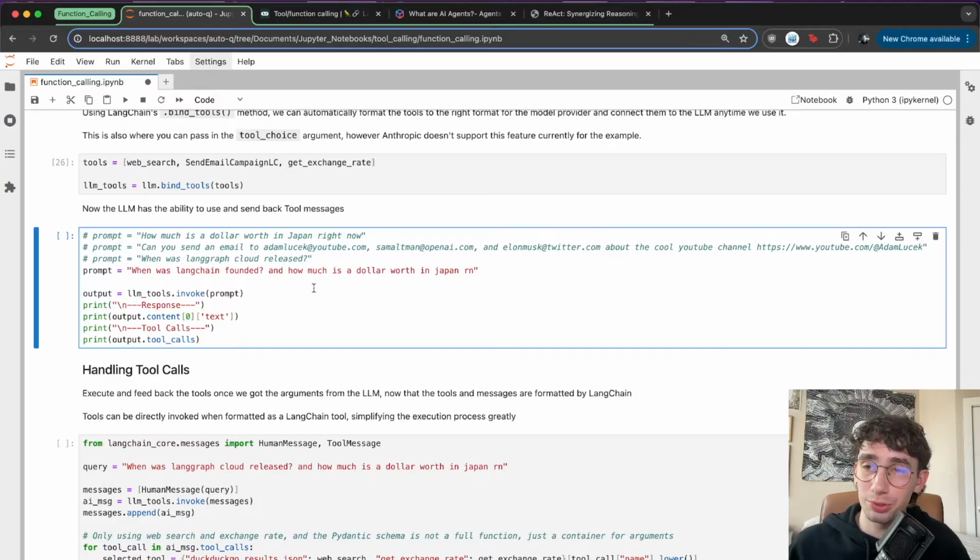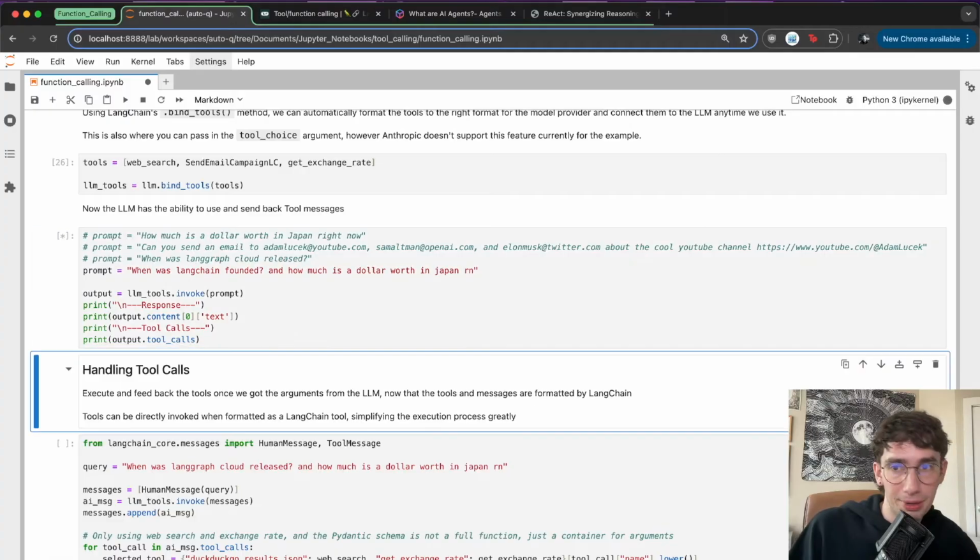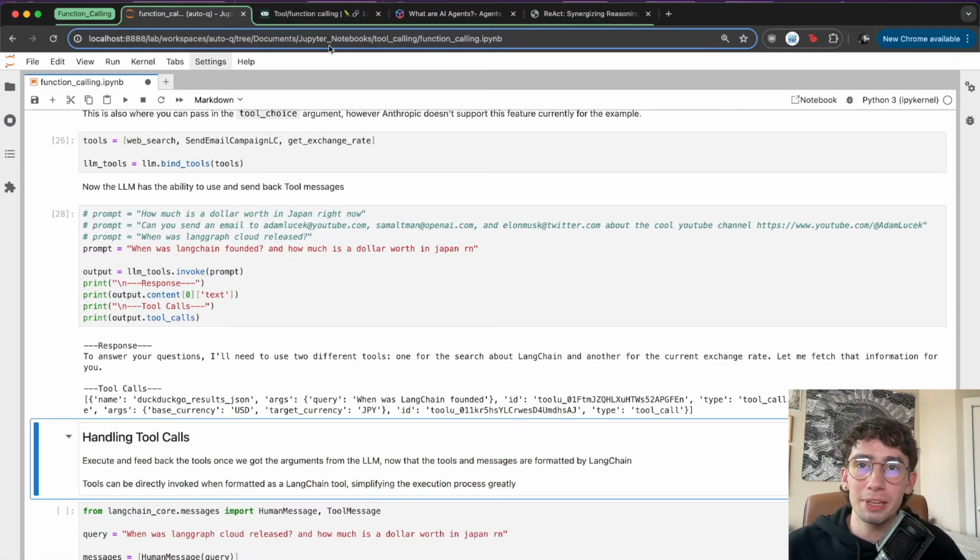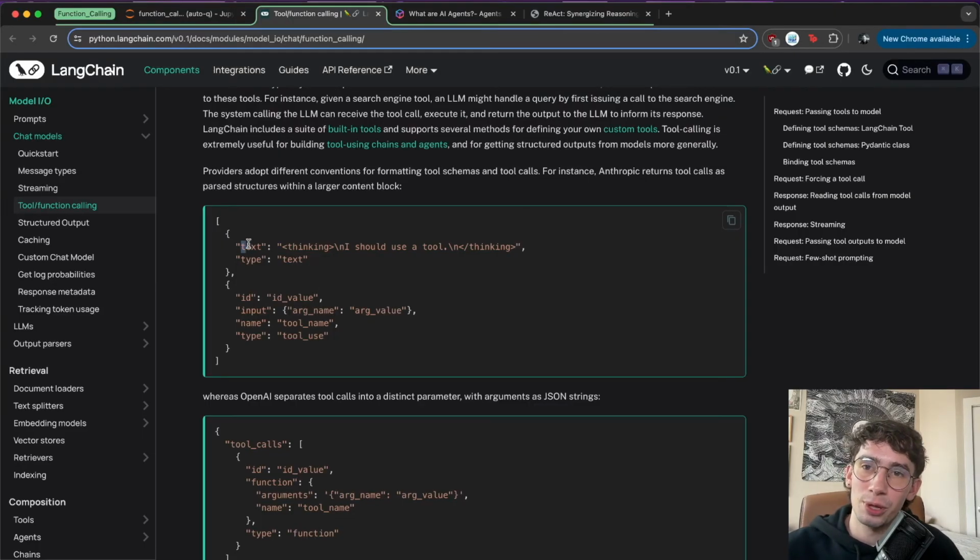And once we've bound the tools to the LLM, it's now ready to be used. So what we can do is then just invoke the LLM object with something like, when was LangChain founded and how much is a dollar worth in Japan right now? And then the output that we'll actually get is, so Anthropic, if we head back over here, will actually output